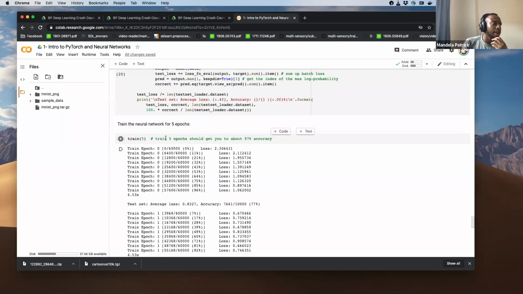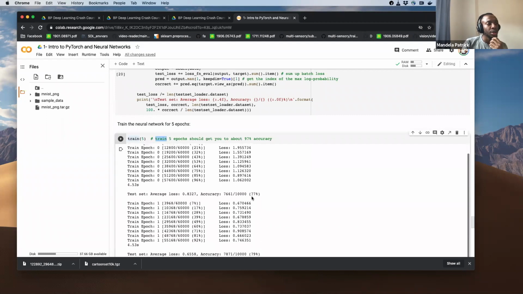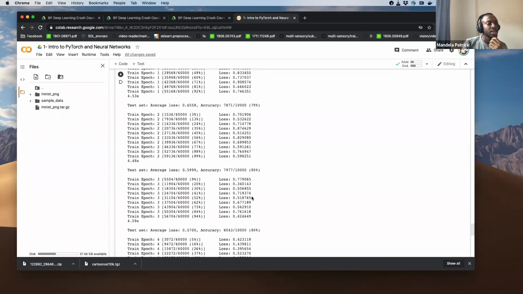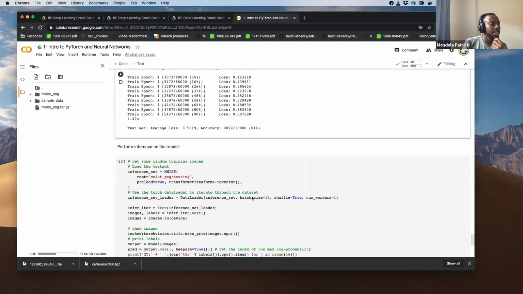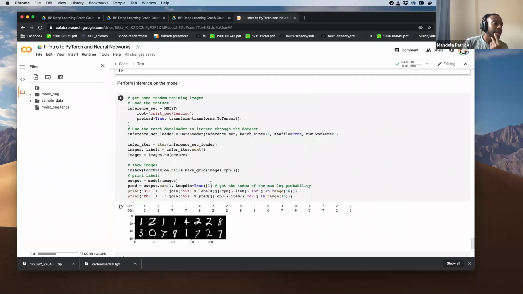We train the model for 5 epochs. We want the loss to decrease, which it is. We want the accuracy to increase on the testing set, which it is. So that means it's doing something right. And then after we've trained the model, we can look at how it is doing on some example data.